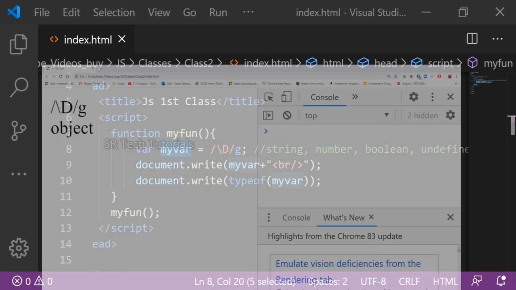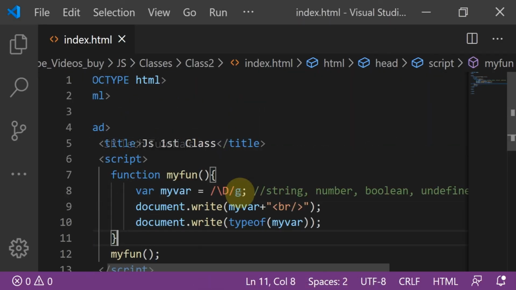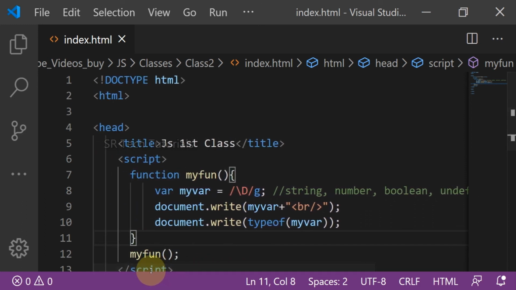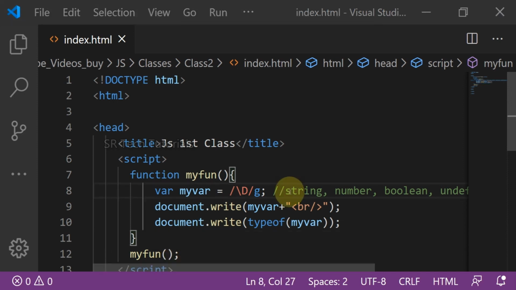So here you should remember one thing, guys. In primitive data types, null is an object. In non-primitive data types, everything is an object. So string, number, boolean, undefined, null: in these data types, null is an object. Array, object and regular expressions are non-primitive data types, and all of these types of data are objects.